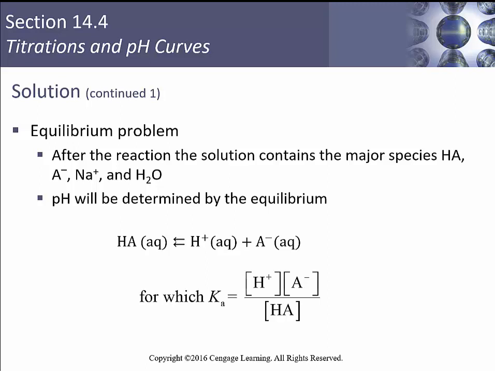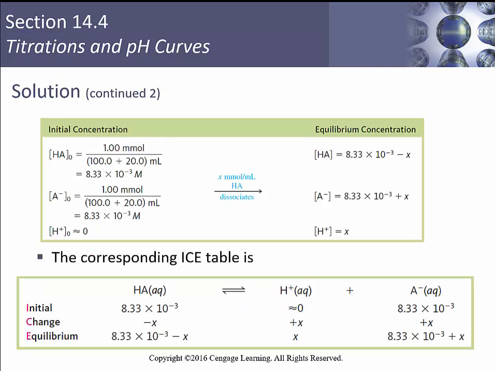that acid-base equilibrium expression for this reaction here, where the weak acid is going to dissociate into H plus and A minus. Our Ka is going to be H plus times A minus over HA. We know what these two values are, right? If we measure our pH, we can figure out what H plus is. Right? So continuing on, our HA concentration is going to be our 1 millimole divided by our total volume. So we're going to get 8.3 times 10 to the minus third. And over here, we've got 8.3 times 10 to the minus third for our